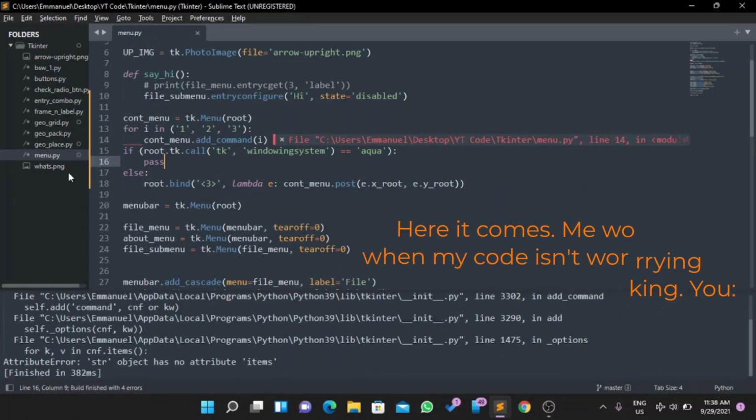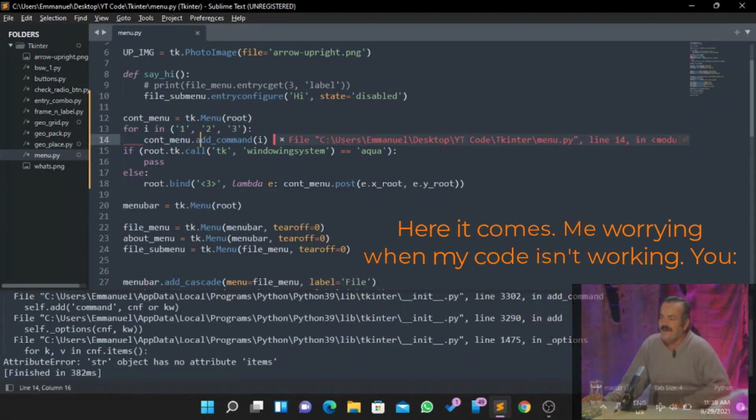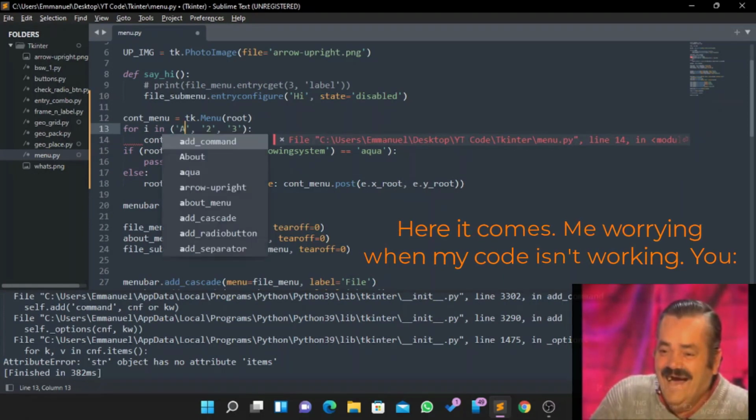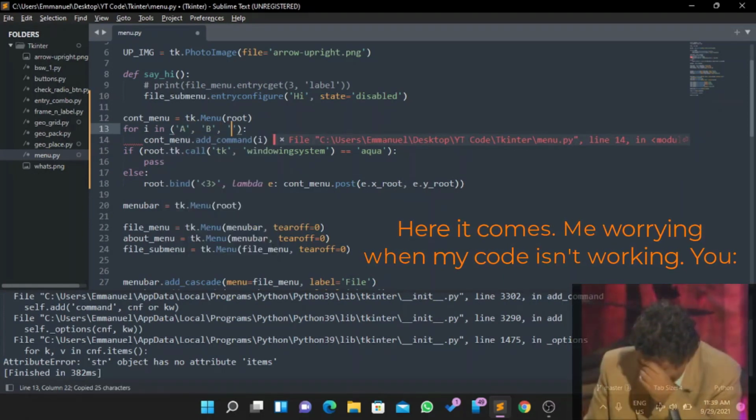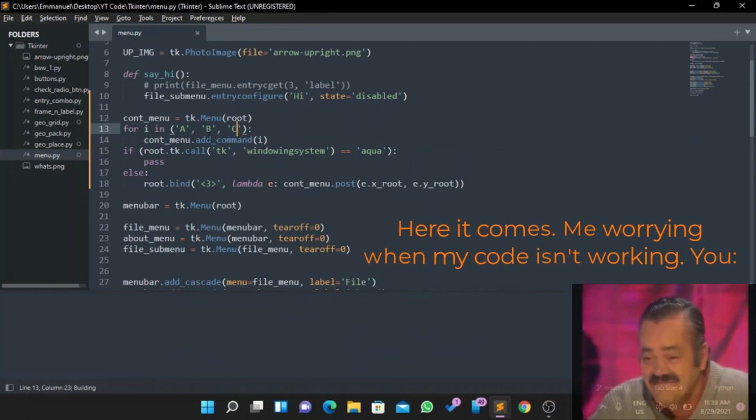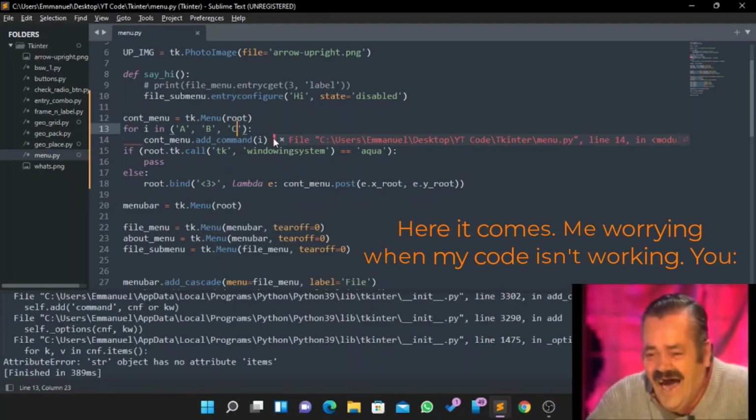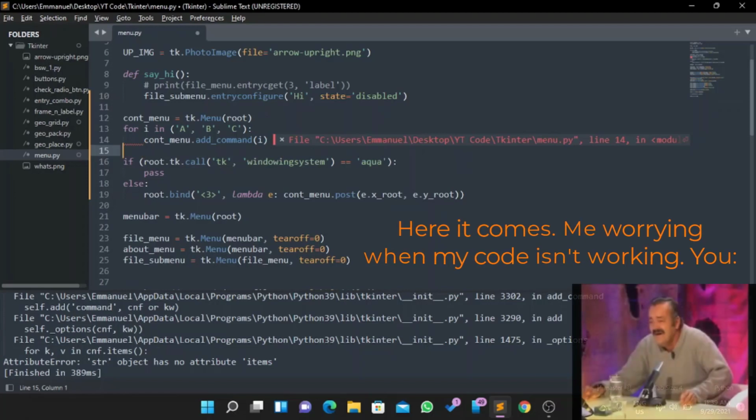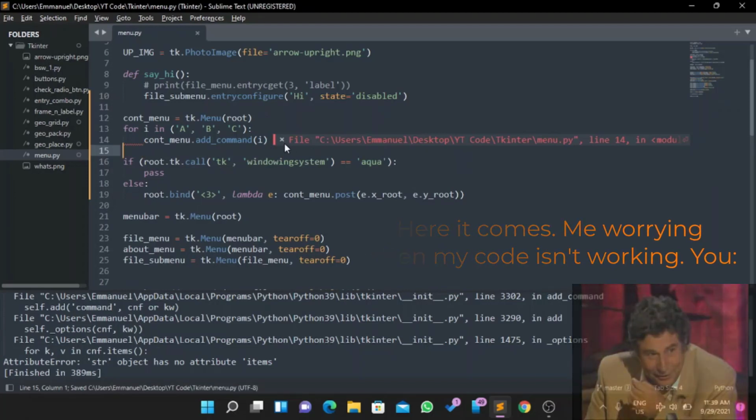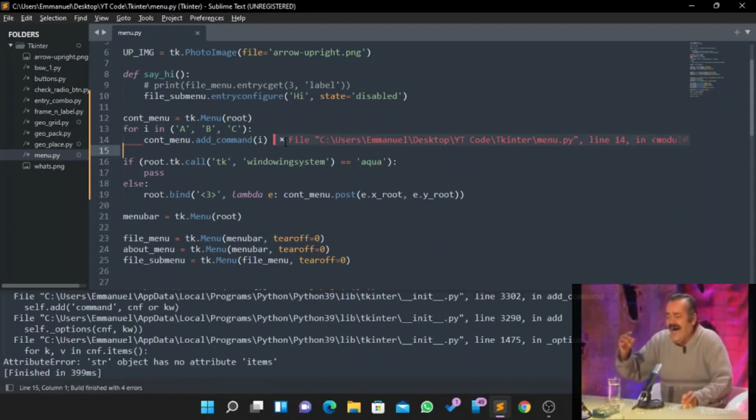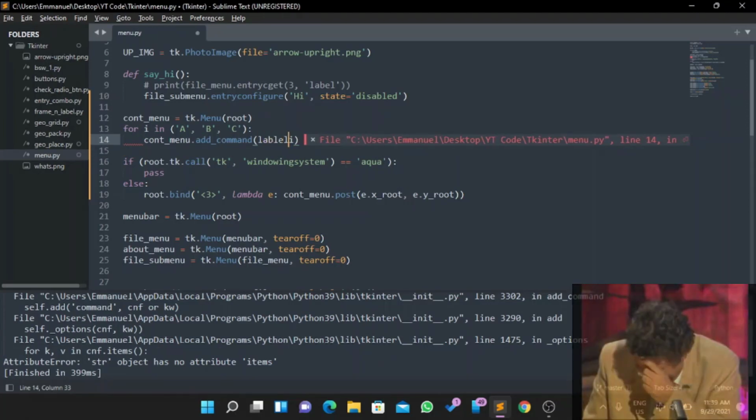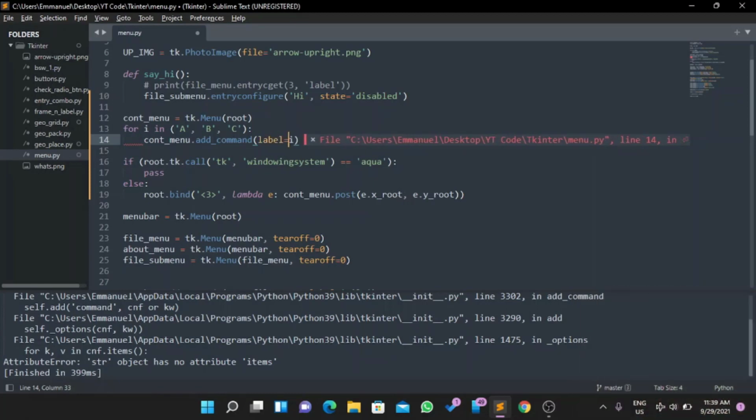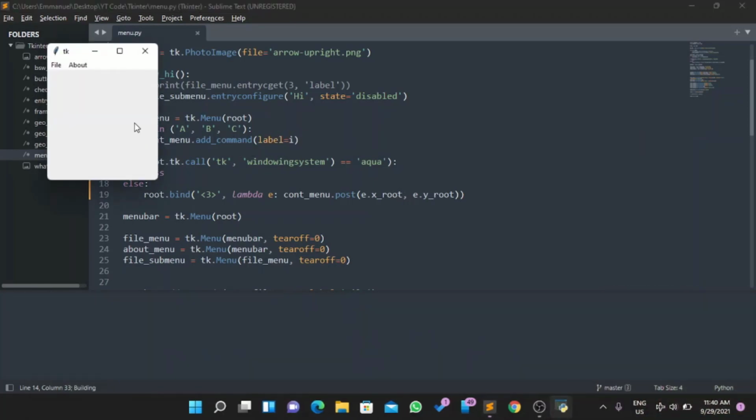So if I do Control B, I don't know why it's showing this here. I don't know why this error is showing. Let's save that. Let me cancel this and run the game. I shouldn't get that. Am I missing anything? Come on. Oh my, sorry guys. This is supposed to be label equals to i. So if I do Control B now,